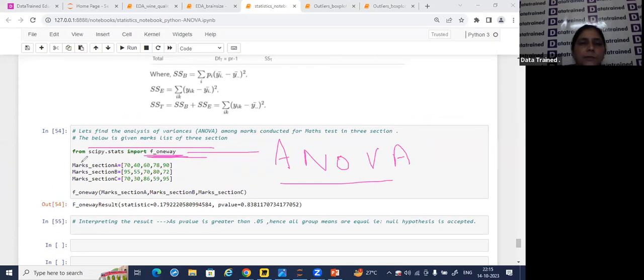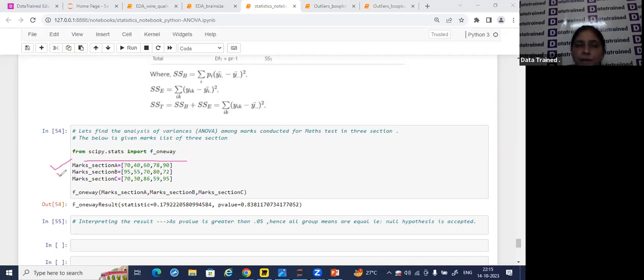So what I'll do, simply I will be taking any marks, any 3 variation marks here I'm taking. So I created marks for section A, marks for section B, and marks for section C. So I created 3 groups in the form of lists. And now here I am passing all these 3 different marks in f_oneway. So f_oneway I had already imported from scipy.stats. So inside f_oneway, all 3 different section marks I had provided. f_oneway will do the entire calculations